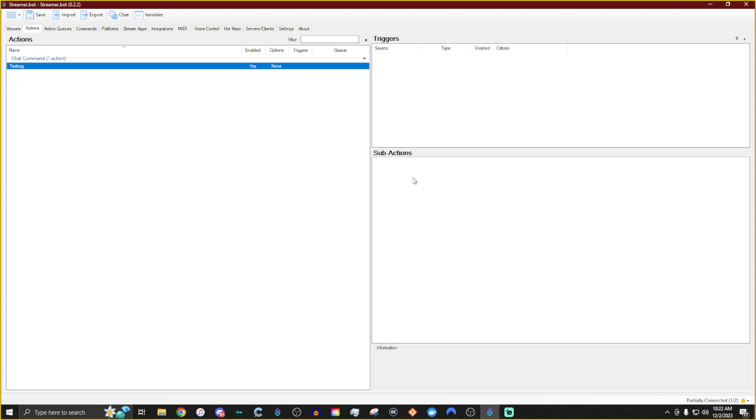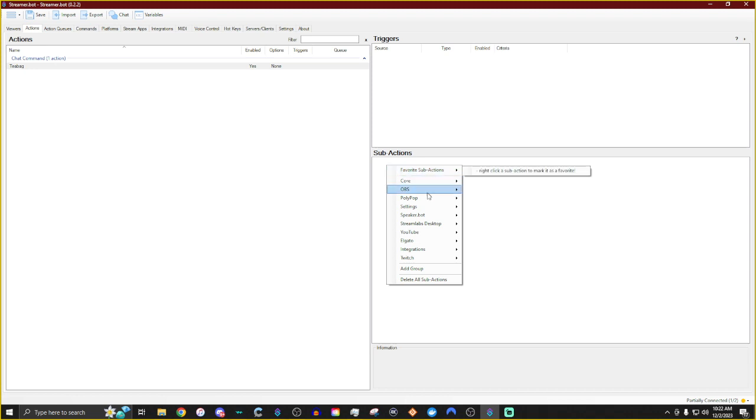So if you go over here to sub actions, this is the set of instructions you're going to tell the action to do. So this is all the little things that have to happen to make whatever it is you're trying to do happen. So for me, because we are connected to OBS, we can right click and go to OBS. Now, what this is going to do is have a full array of different things that you can do with OBS. So, for instance,